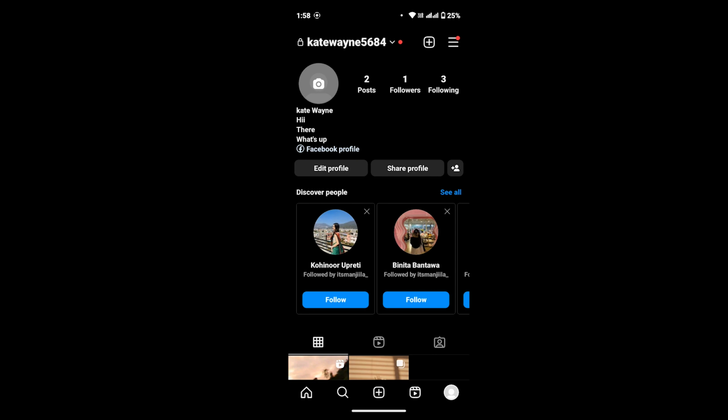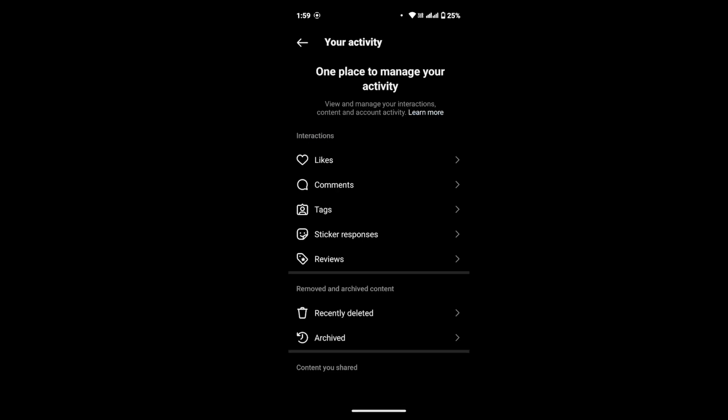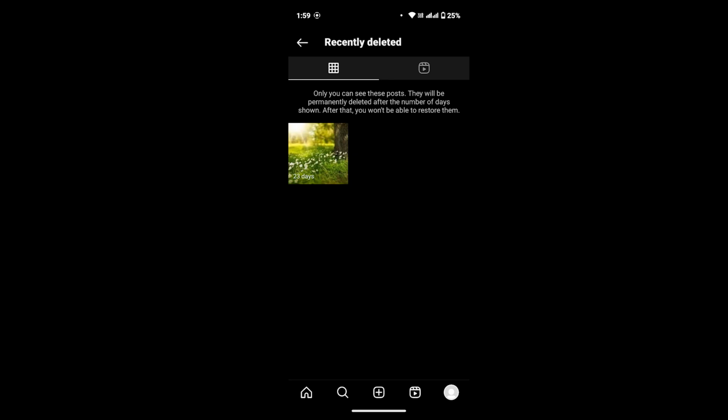Now in order to view your recently deleted Instagram posts, tap on the three line icon from the upper right corner and then again tap on your activity from the dialog box. And once you're on this interface, at the bottom you will see recently deleted. Once you tap on there, in here you will be able to see all your recently deleted Instagram posts